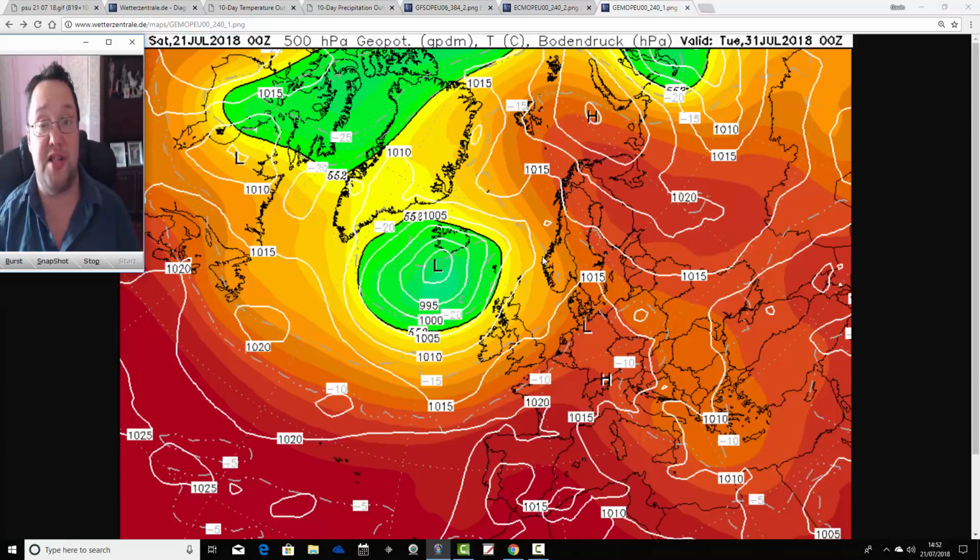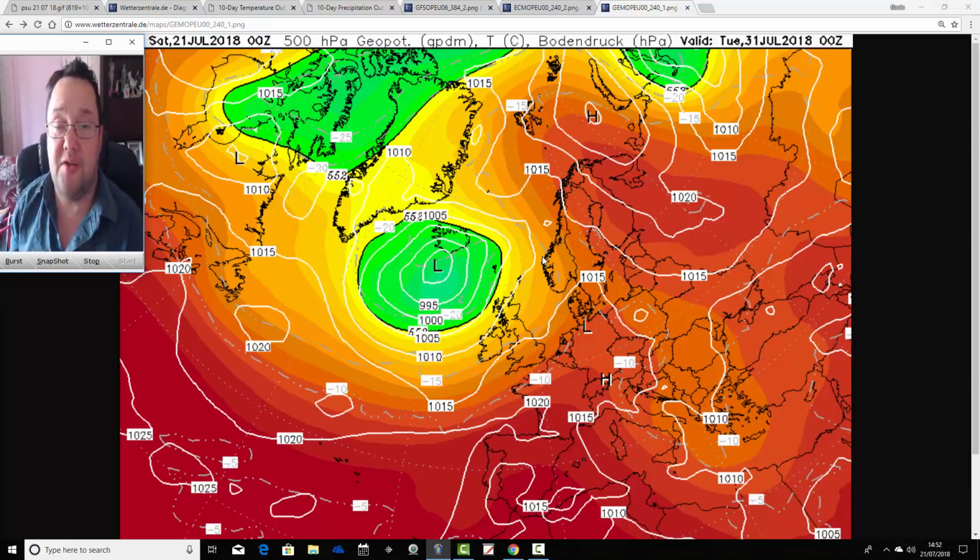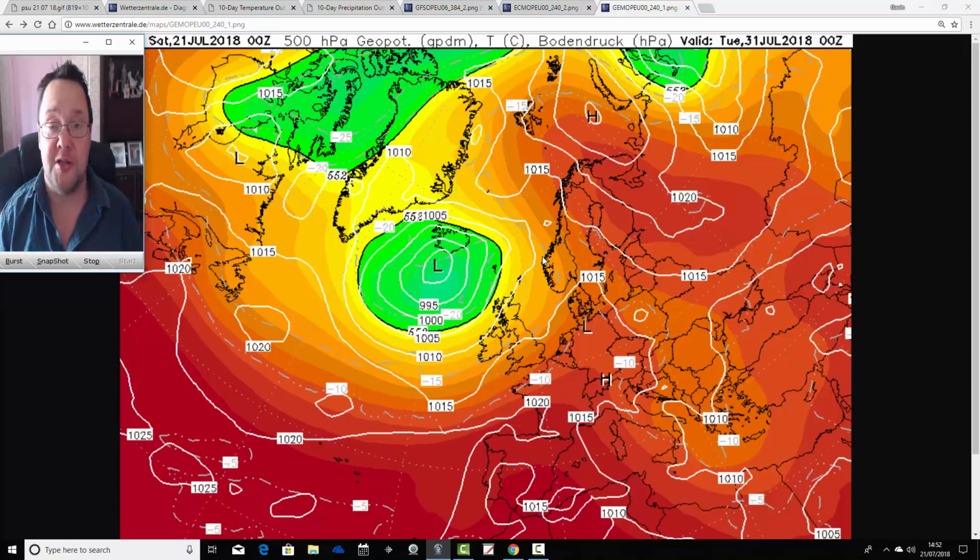All models are in agreement it will be very warm to hot at the end of the week. It's just a question of how hot will it get, and will we get those thunderstorms moving in from off the Atlantic as the GFS and the GEM are hinting at, or will it stay mainly dry? And albeit not be quite as hot, but mostly dry and still very warm to hot, as the ECM is